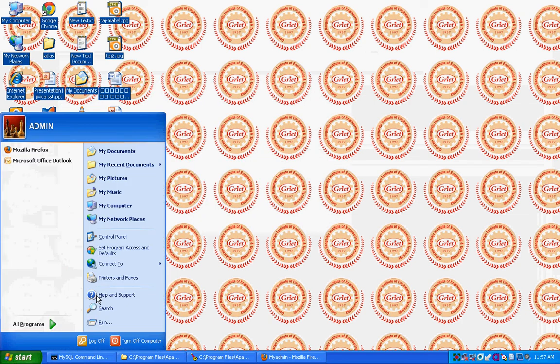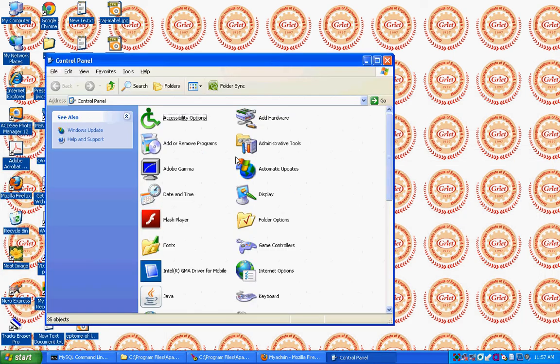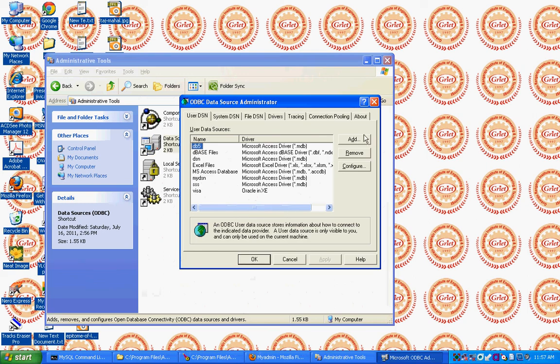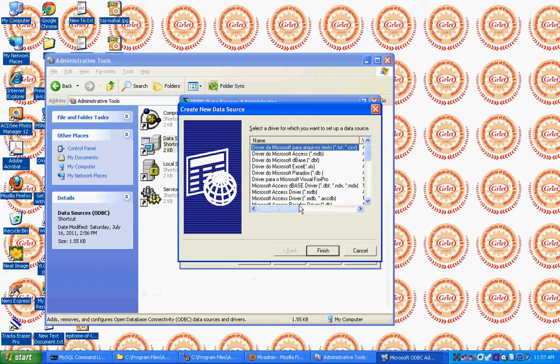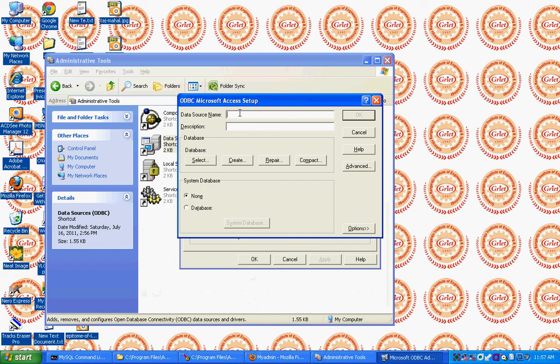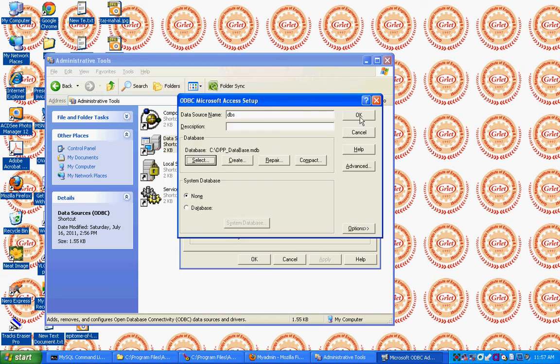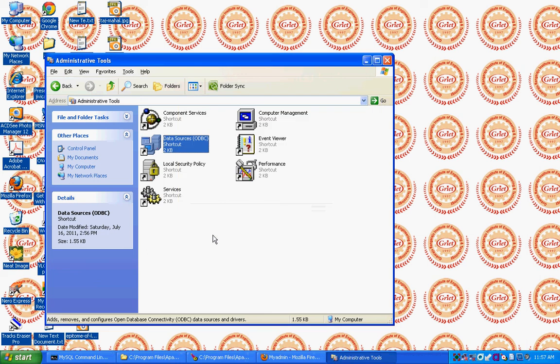Enter into the control panel, administrative tools, data sources, add, Microsoft Access driver, finish, data source name db5, select C, DPP, OK, click on OK, OK, OK. Now the data source name is created.